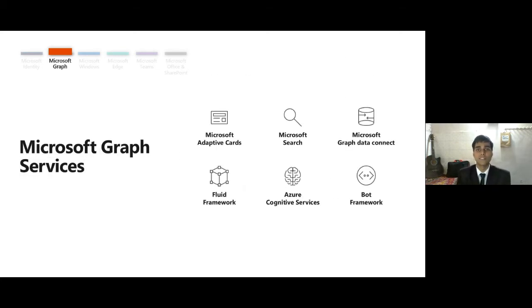Now, Microsoft Graph services. There are many services that Microsoft Graph includes, but probably the six very distinct and fantastic services which I could note down start with Microsoft adaptive cards. Adaptive cards are something like, again, you must have seen cards on YouTube whenever you are accessing something. These cards come in front whenever you're watching any video, and you're like, wow. So you tend to get attracted to that particular new video, whatever comes into picture. So adaptive cards come and showcase that particular identity, and that's the reason we are more drawn towards it.